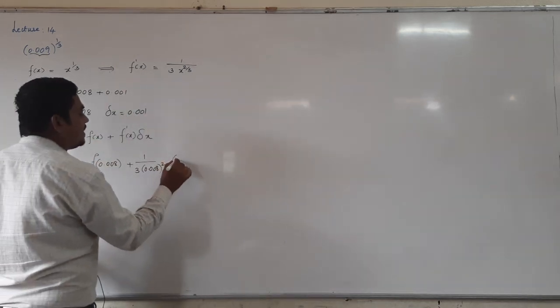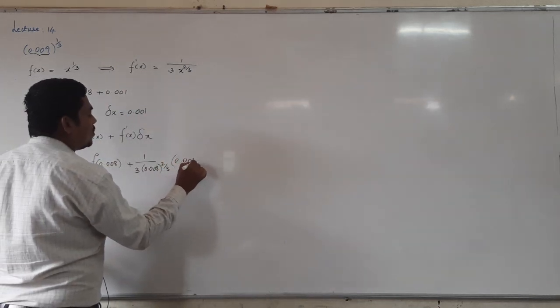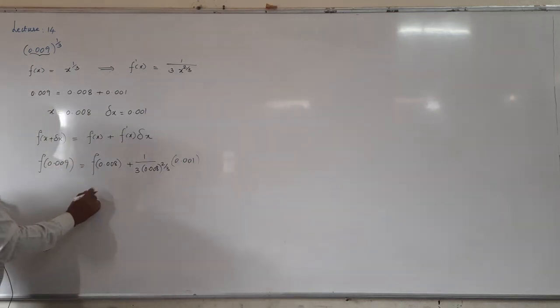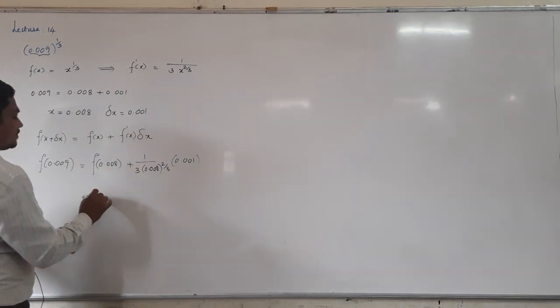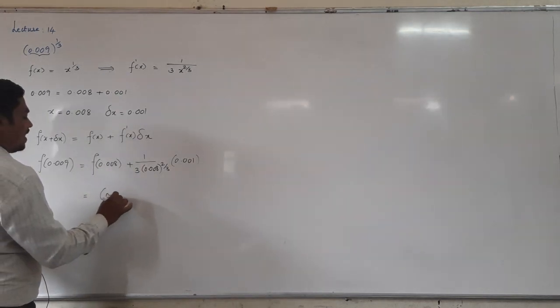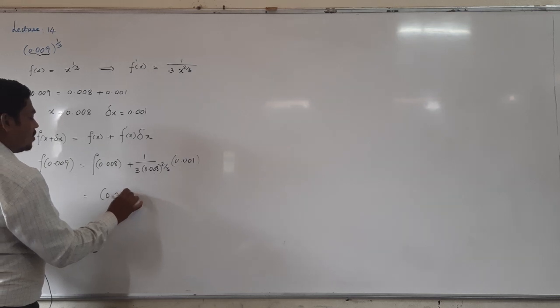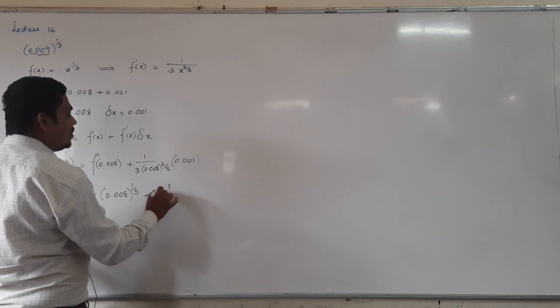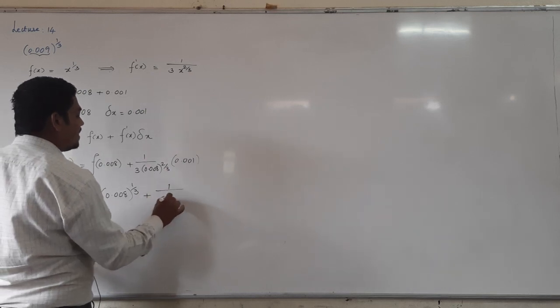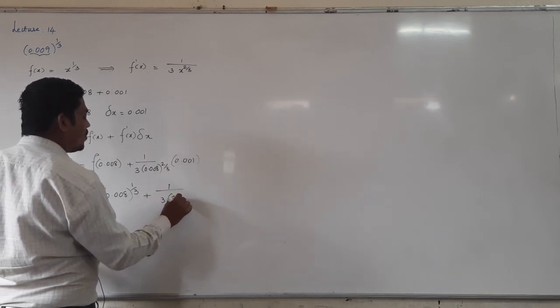Delta x is 0.001. Now f of x is x power 1 by 3, then f of 0.008 is 0.008 whole thing power 1 by 3 plus 1 divided by 3 into,